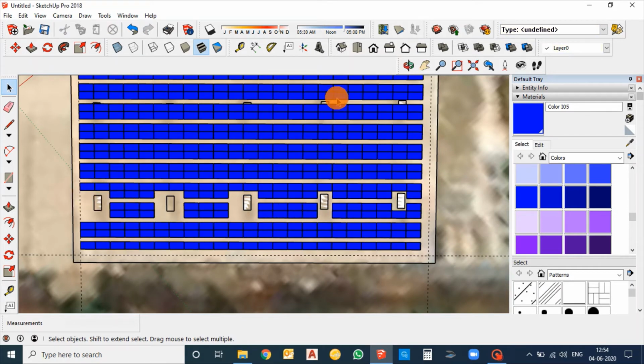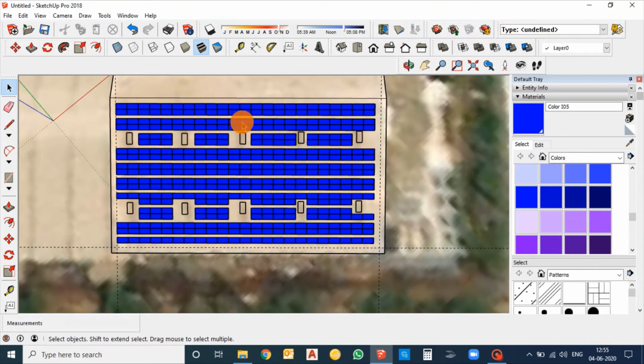Just delete the modules which are affected by the polycarbonate areas. Clearances for the polycarbonate sheet have been provided.